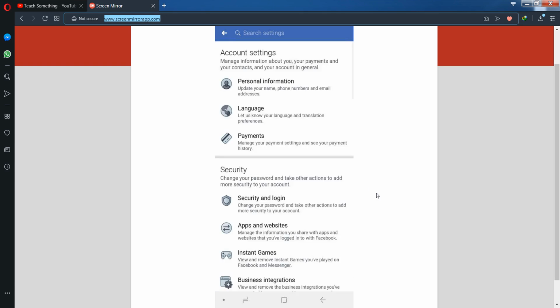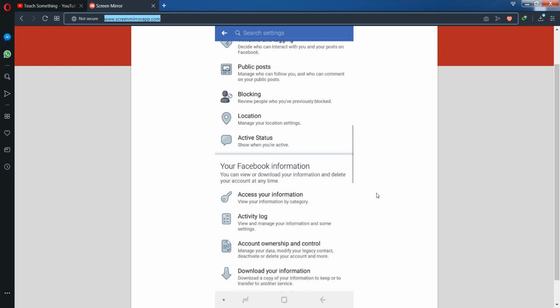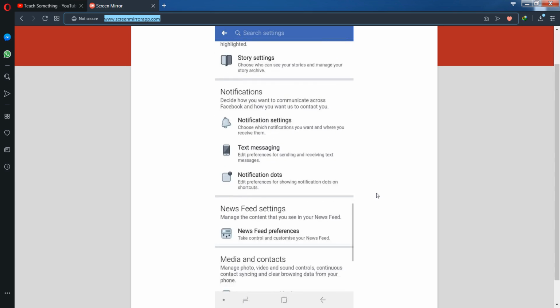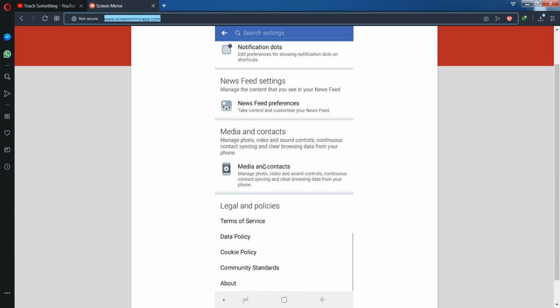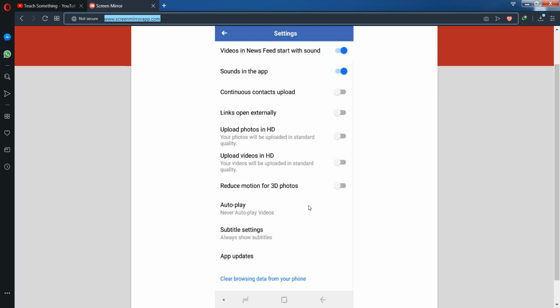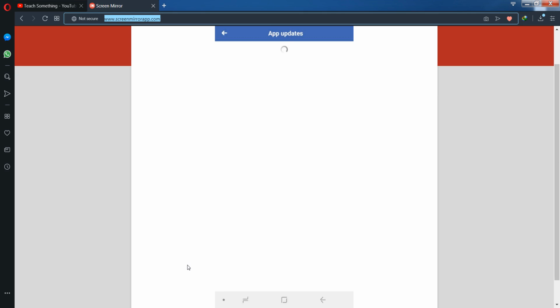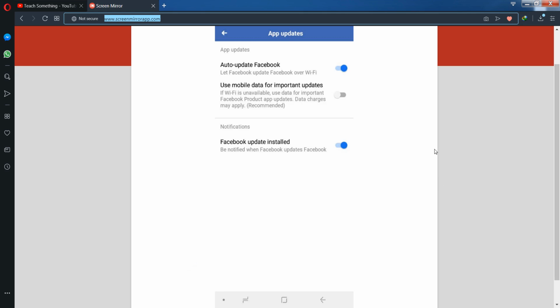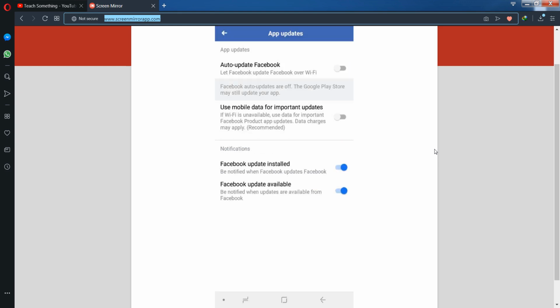Okay guys, scroll down and find Media and contacts. So simply click on it and after that scroll down and now you can see App updates. So simply click on it and turn off auto Facebook update,